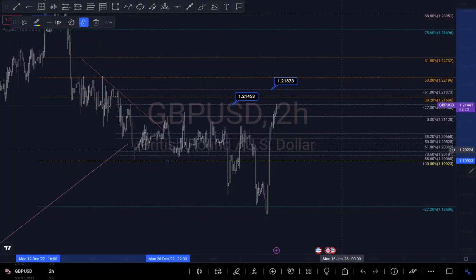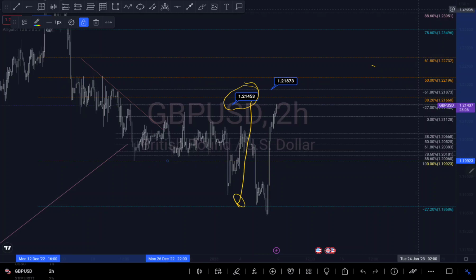Hi guys, so this is my analysis on GU. We can see that GU did not get to our target, right? I was expecting GU to come to this level before we now push down, but GU did not get to this level right here, but we pushed down to my target. This was my target right here,